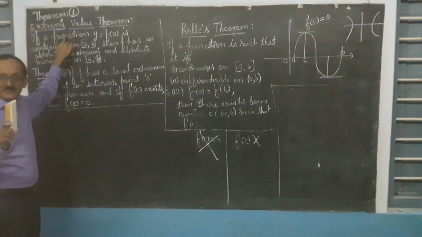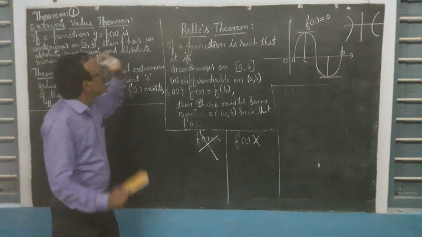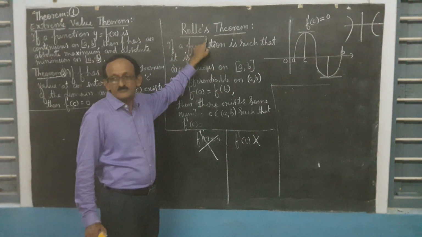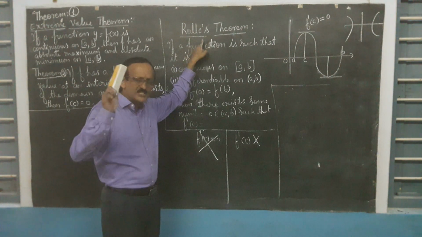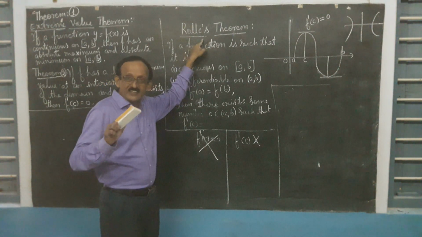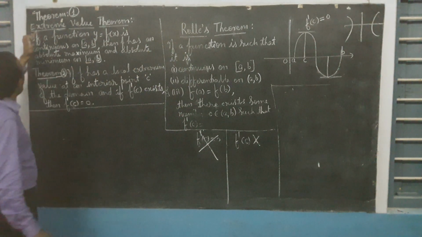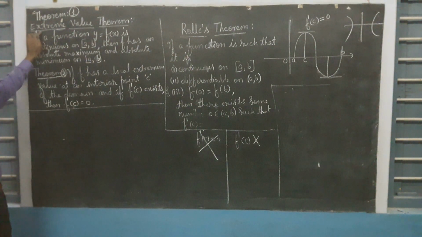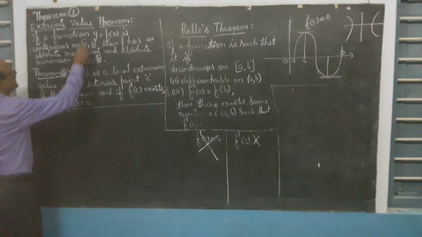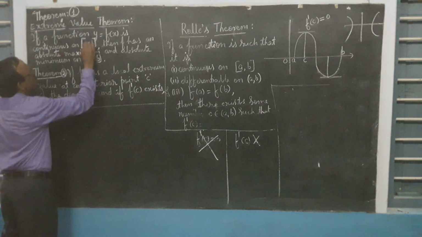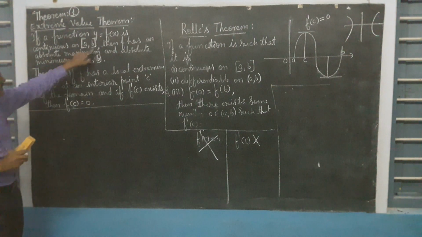We are going to use the extreme value theorem in the proof of Rolle's theorem. So if you keep it in mind right away, what is the extreme value theorem? If a function is continuous in a closed interval ab, closed interval ab, with continuity there,